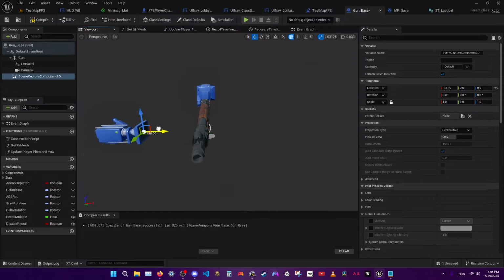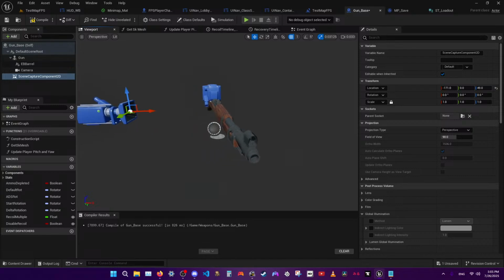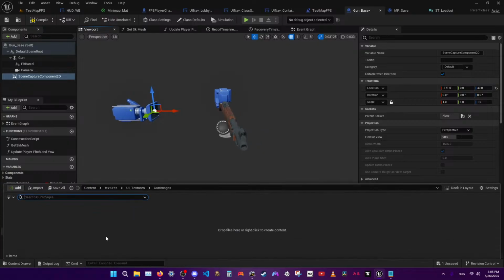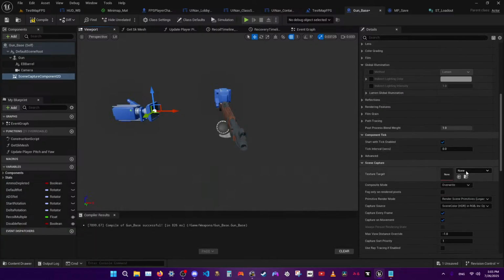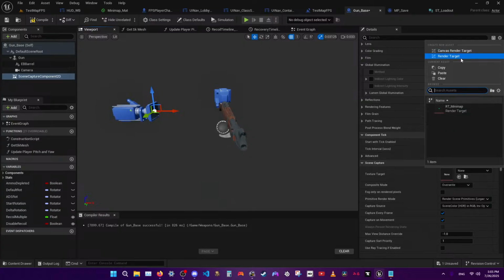And if we do this now, do like that. Let's see what that will look like. So we can actually get rid of gun images and UI textures. And instead, we create a new texture that this will output to. So